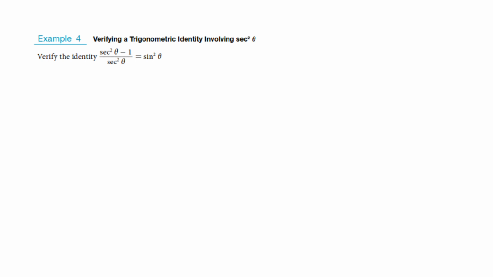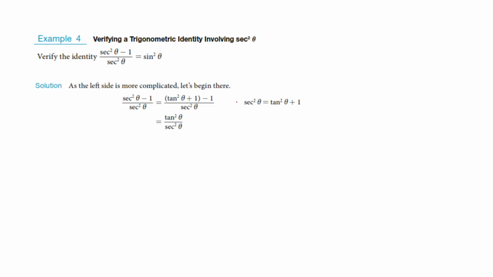Okay, so here we've got this very complicated left side that we're trying to turn into sine squared. So let's get started. We're going to go back to this idea. We need a substitution, unless there was some obvious algebra right off the top, but I don't really have anything. There's actually a couple different ways we could do this, but I'm going to start with this idea that